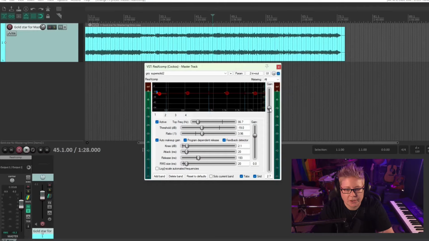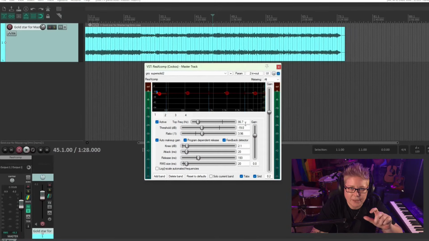So what I'm going to do is I'm going to turn this gain down a little bit, and we're going to make some adjustments. I'm going to compress the low end just a little bit more and release the high end from compression. The reason you don't want to over-compress your high end is because you start getting that weird tinny sound, and